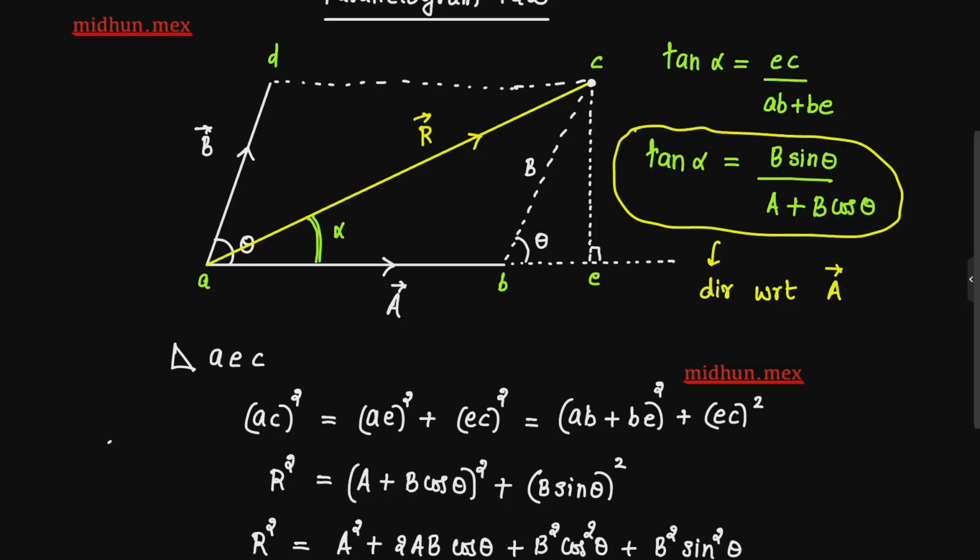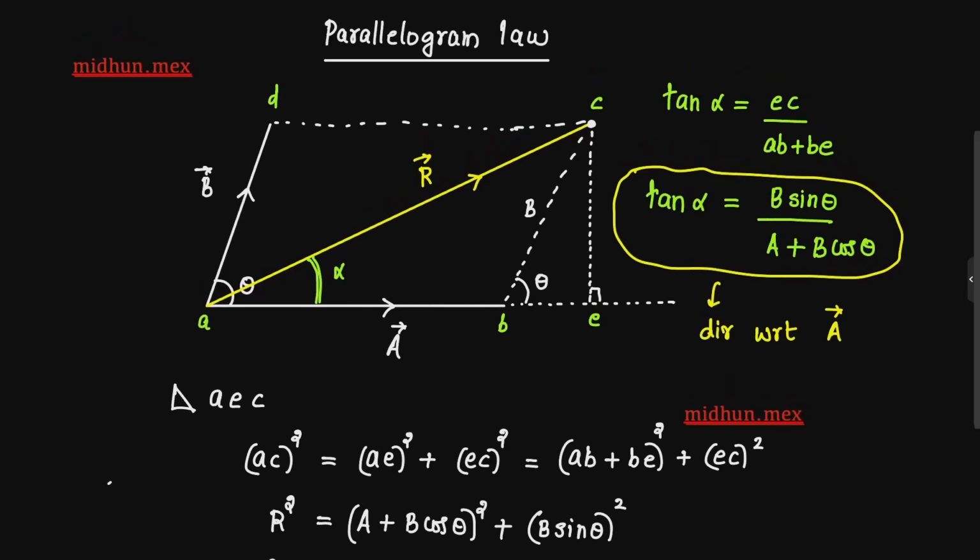You can remember, if you are marking alpha with respect to A, then B will come along with the trigonometry. Which means if you have two forces, 200 and 240, and you want the angle with the 200, then 240 will occur in both the trigonometric terms. It will become 240 sin theta and 240 cos theta. Like that only it will come. So we can keep that in mind. Very rarely they will ask, but there is still a possibility they can ask in your examinations. So I think everyone understood what the parallelogram law is.